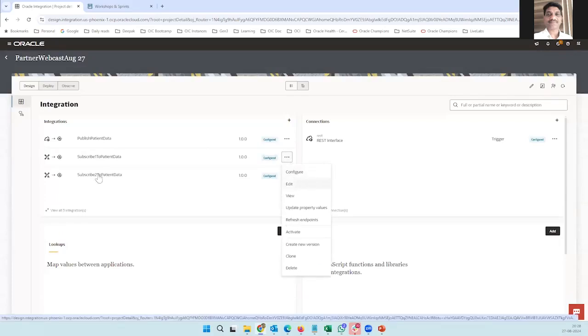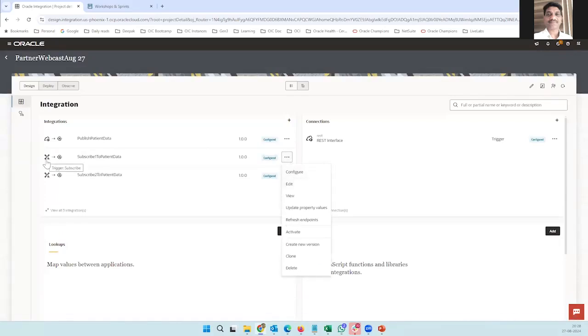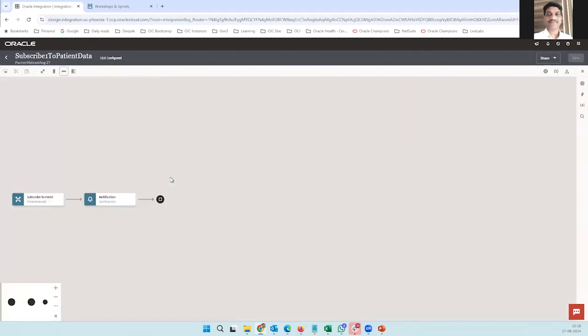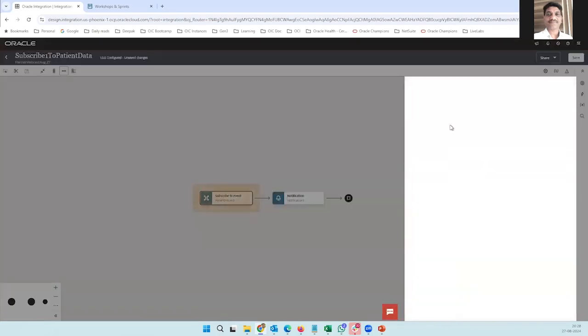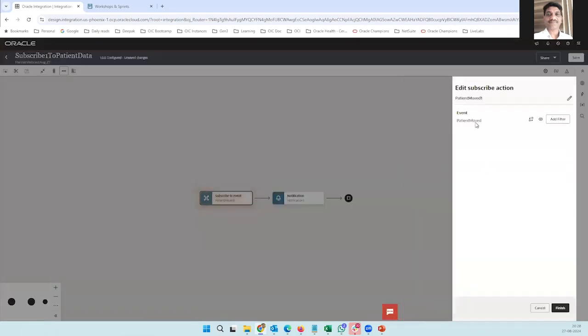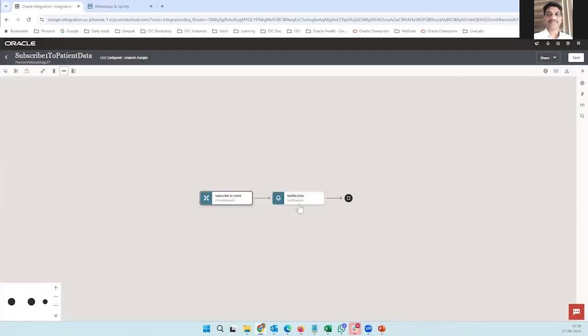So subscribers, you could see here, what is the source? Let me just edit this. So I'm subscribing to the event. The trigger part is event, right? Because I'm subscribing to that event. I'll just go ahead and show you. So you could see patient mode is the event which I'm subscribing, and I'm just using the notification to publish